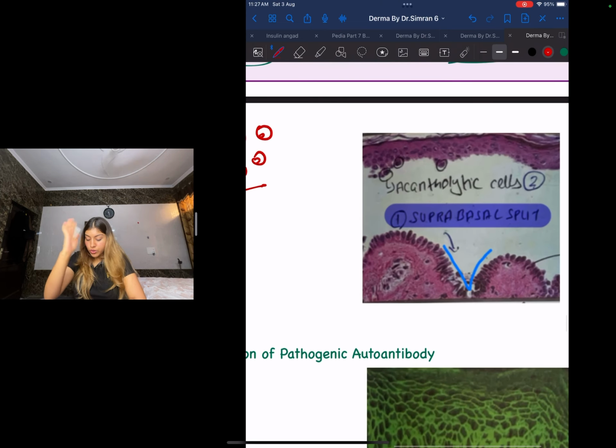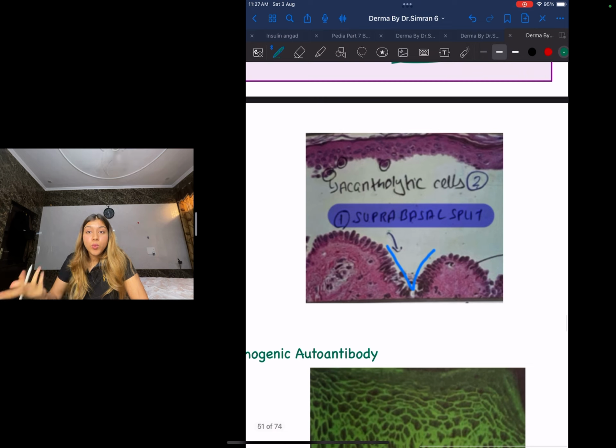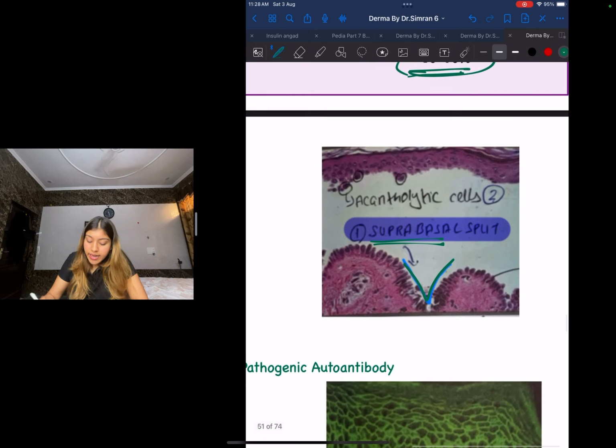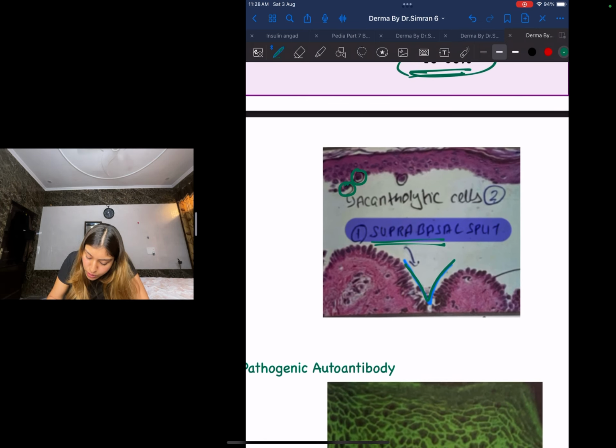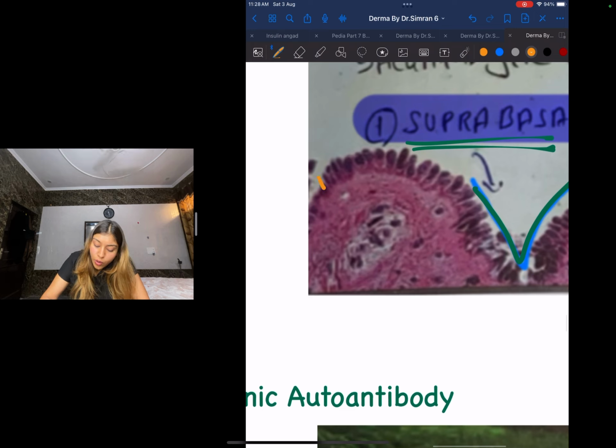Look at this image. The first thing that I will see, we spoke about the split. What was the split? It was suprabasal in origin. So this is my suprabasal split. What are the cells that I will see? I will see acantholytic cells. You can see this clearly, acantholytic cells. Now a very characteristic thing that I want to mention over here, and do not screw this up, is going to be your row of tombstone appearance. You can see this multiple row of tombstone appearance. See this beautiful row of tombstone appearance.